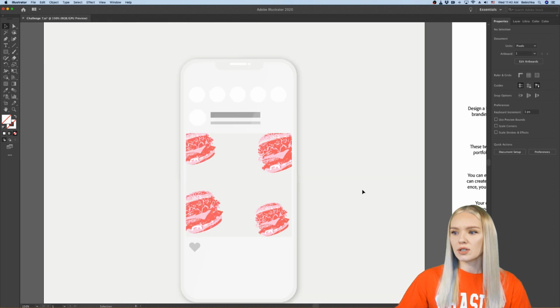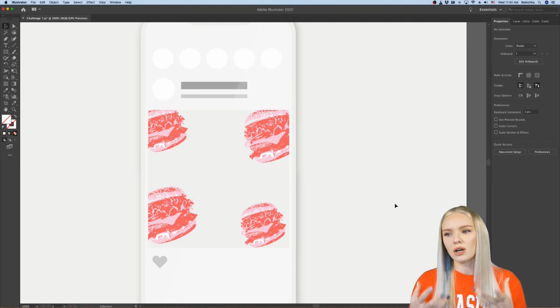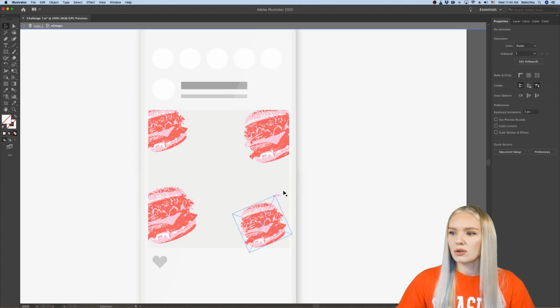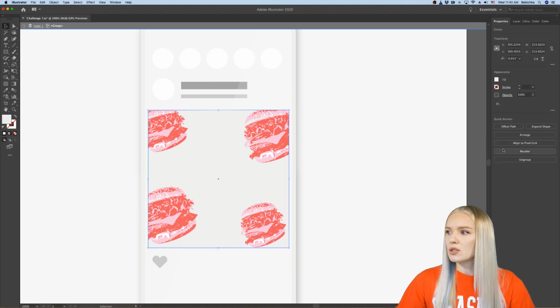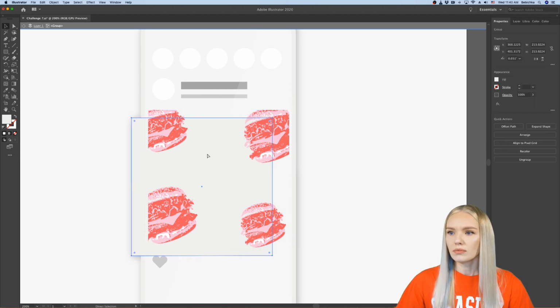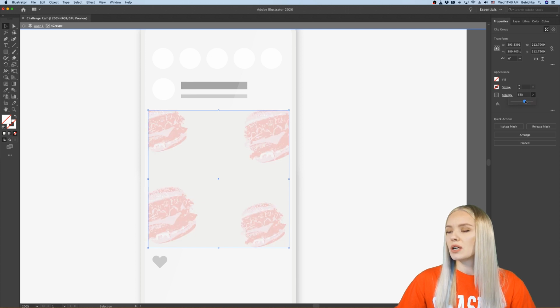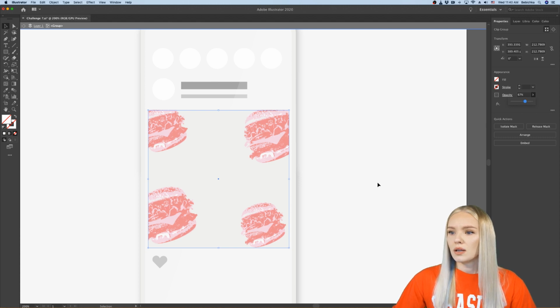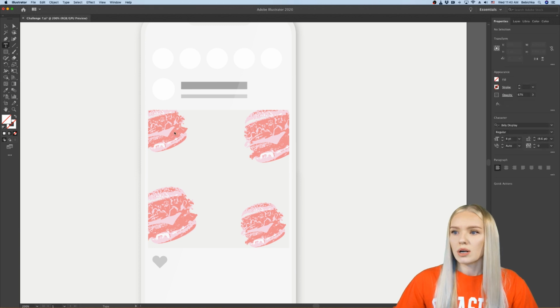All right, now I'm going to click out a little bit, and I see the burgers are very intense and they have a lot of color, so I would like to make them a little bit more transparent. This is my background, actually. I'm going to go onto my clipping mask, and I'm going to decrease the opacity of the burgers, not so much, maybe something like this. And the same thing, as I say, you guys can do with your pattern.